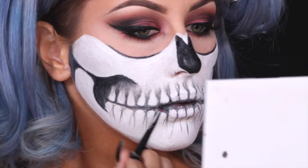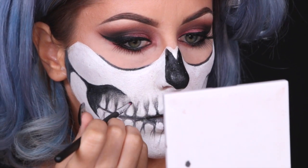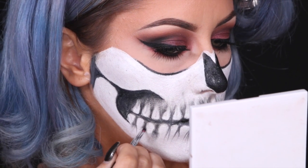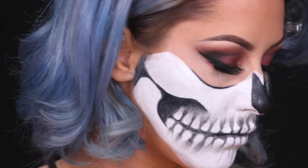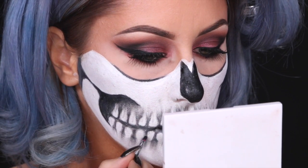The shading of the teeth is definitely the most important part. This is where it really starts to come together. So as you can see, I'm just making sure that those teeth are nice and defined and adding those little imperfections. It's best if you use a small amount of product and do it gradually, and then afterwards you can go in and darken anything, but it's easier to do it little by little